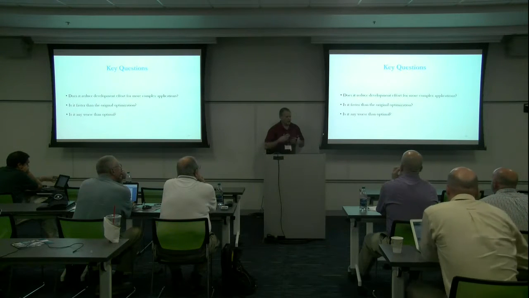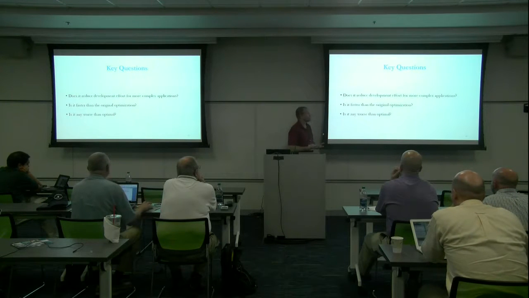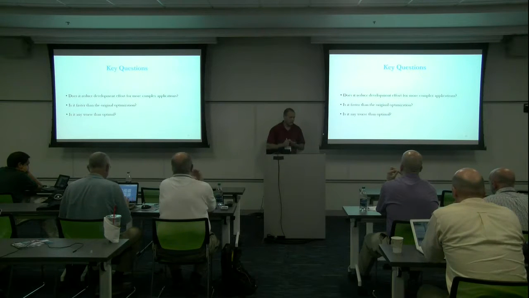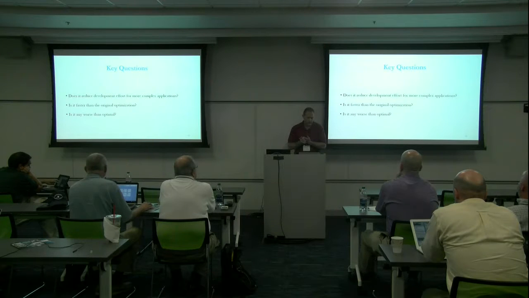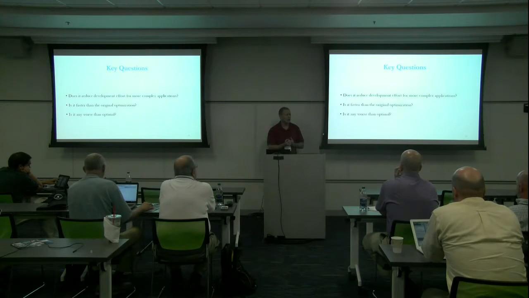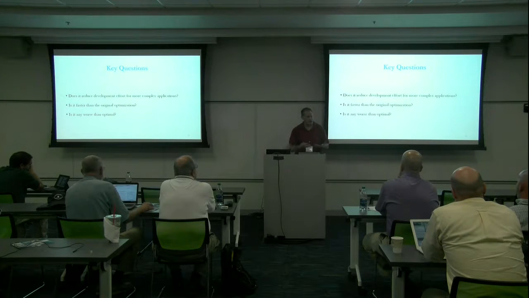Now, of course, when evaluating something like this, there's a number of questions. Have you actually saved the application developer much work? How fast can you make these optimizations go? And also, how much optimality are you sacrificing by doing things this way? Because we are using a heuristic, this downsampling of paths, to get it to go fast. And so I was going to talk through a little bit of each one of these.